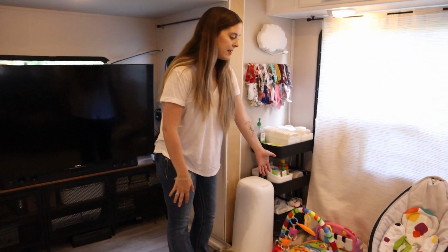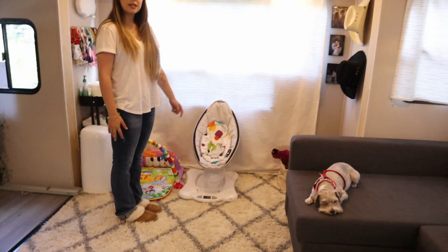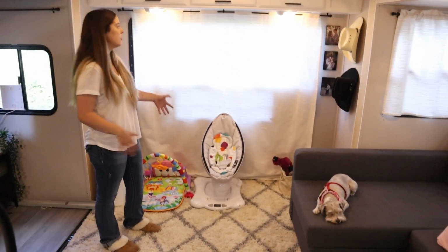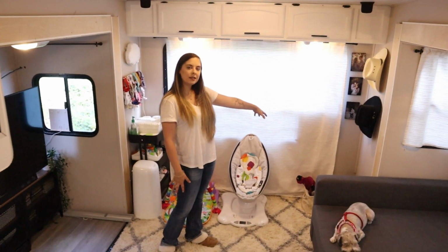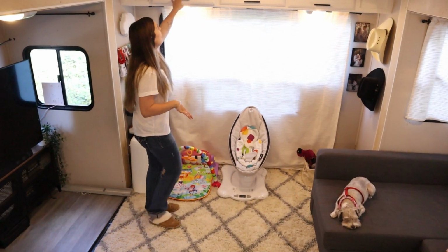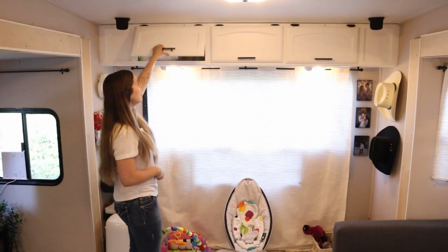So then we have her playmat, and then we have her Mamaroo. We just keep her car seat and stuff like that in the truck, just so it doesn't take up as much space. But these are the main things she uses, so that's where that's at. And then right next to it is where the pack and play is going to go when she transitions out of our bedroom. As far as storage above, we just have been putting her extra diapers and wipes up here,